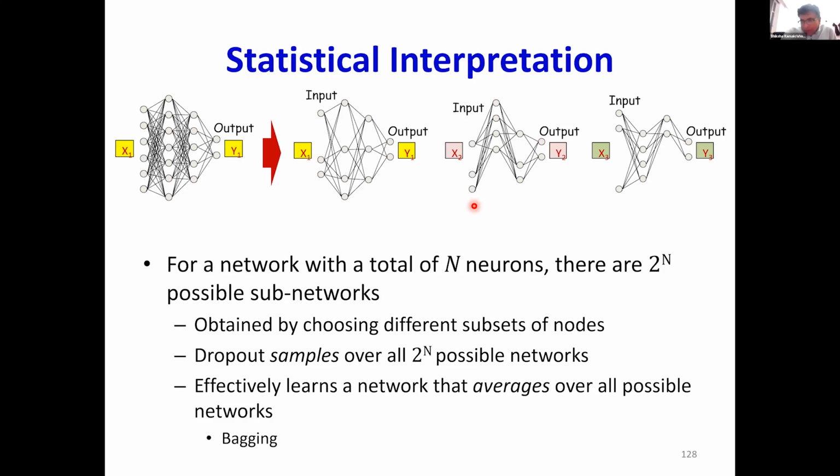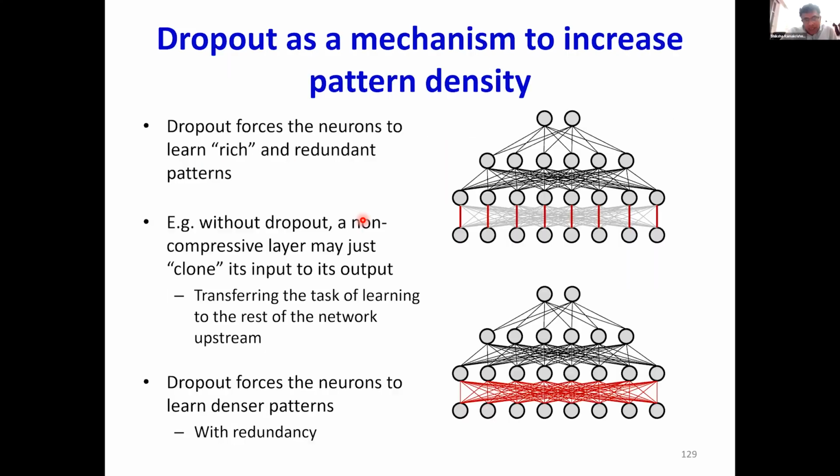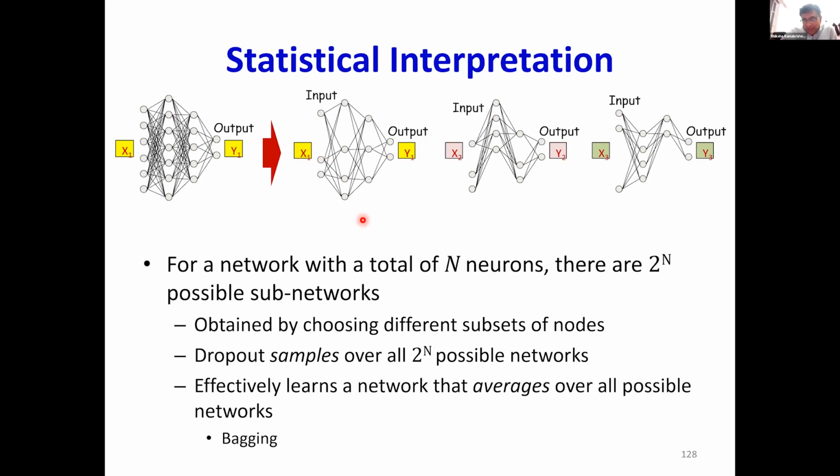Right? Then with the rest of you, did that make sense? Right? And so effectively, what Dropout is doing is learning 2 raised to n different networks. They're not independent because they share parameters, but it learns 2 raised to n different classifiers simultaneously with shared parameters. Okay? And so that's the statistical interpretation, but there's also a